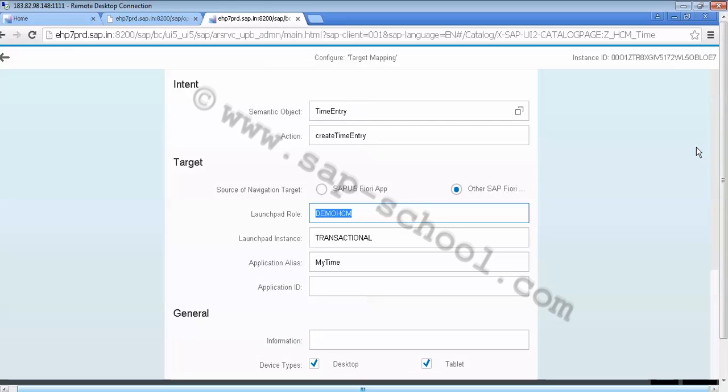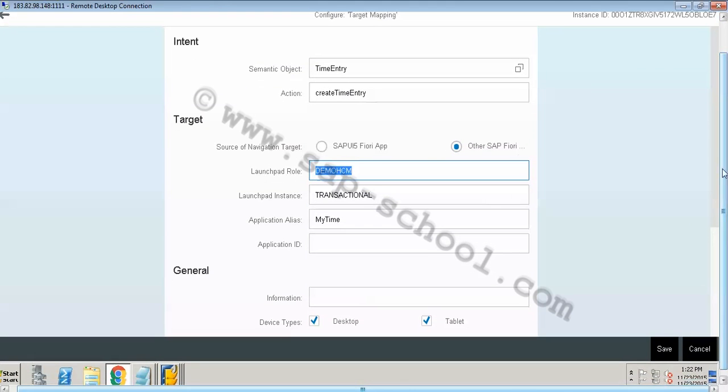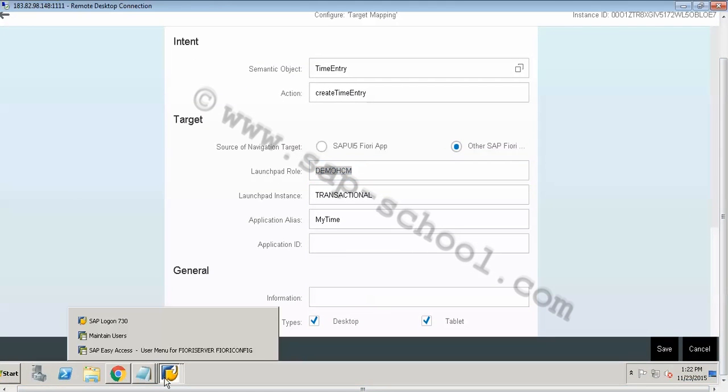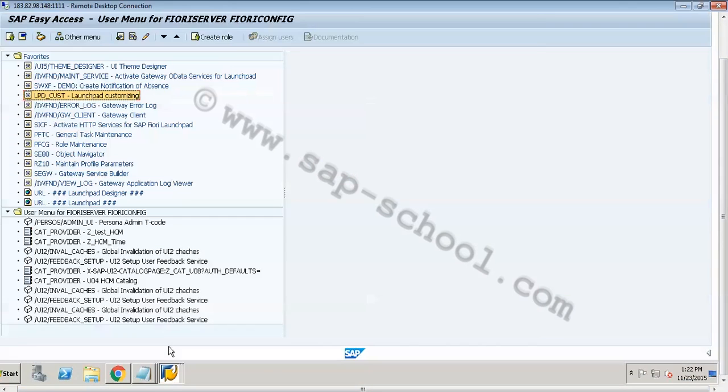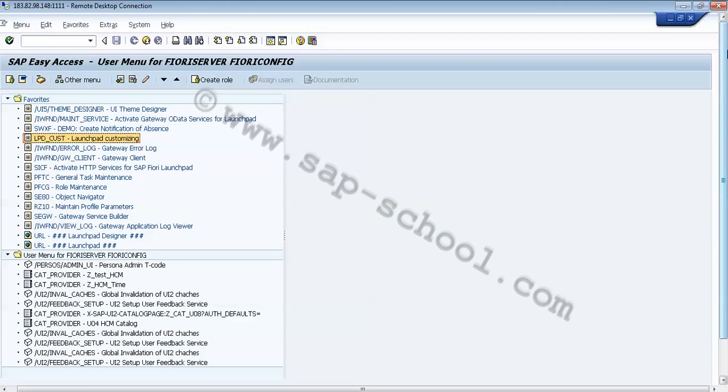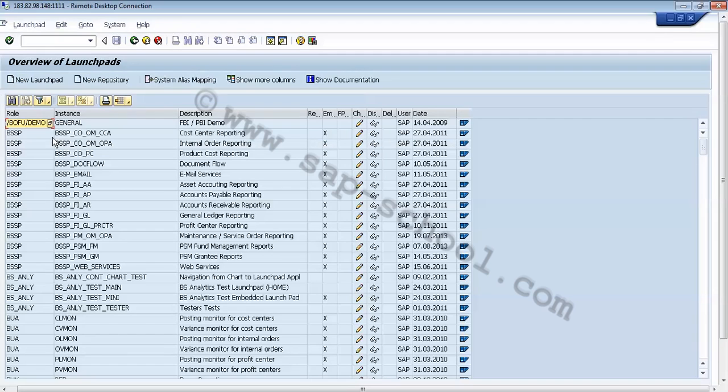So again we have to return to our front end. This is my front end, and we have to run the transaction LPD_CUST.